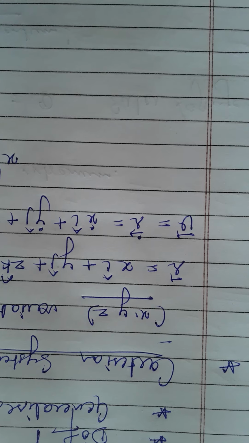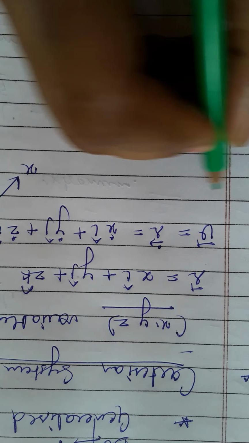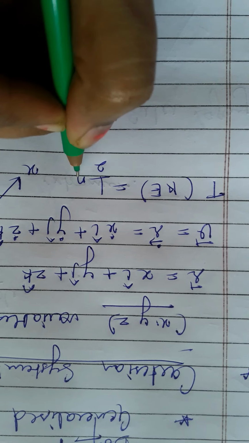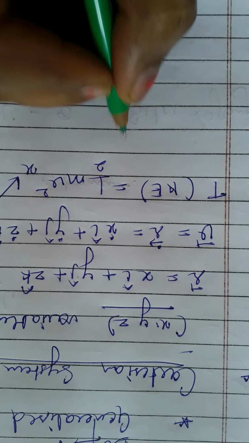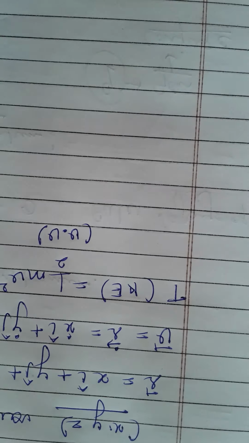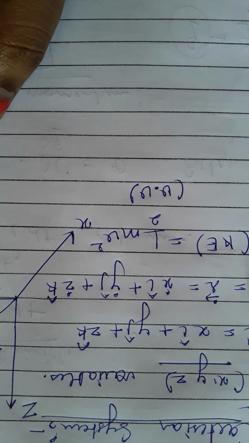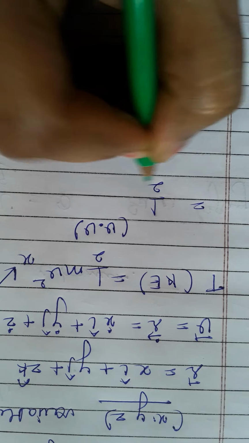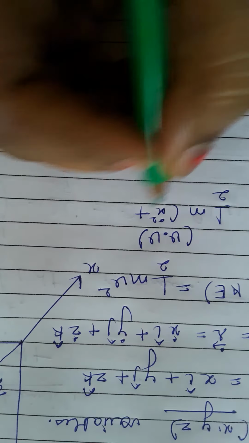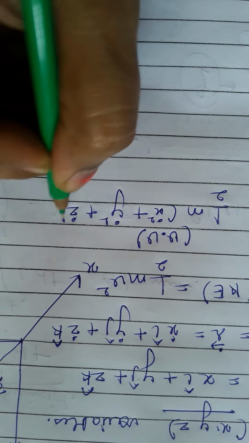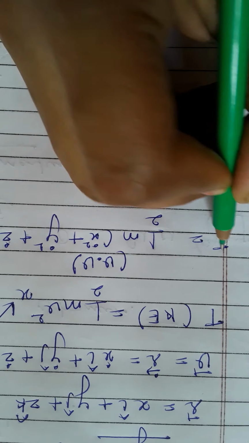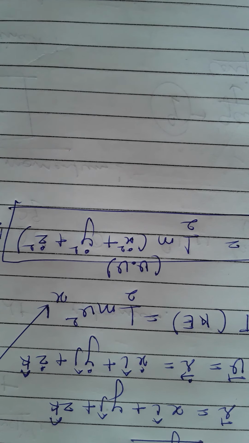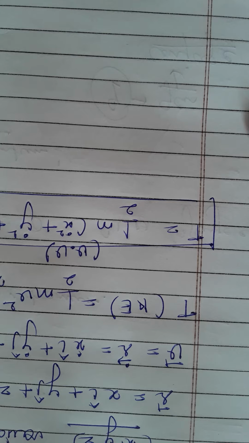I recommend you memorize the expression for kinetic energy, T representing kinetic energy, that is simply half m v square. V square can be written as v dot v, and you have v here, so applying that, it will become half m times x dot square plus y dot square plus z dot square. So this is the expression of kinetic energy in terms of the Cartesian coordinate system. It's the simplest case.